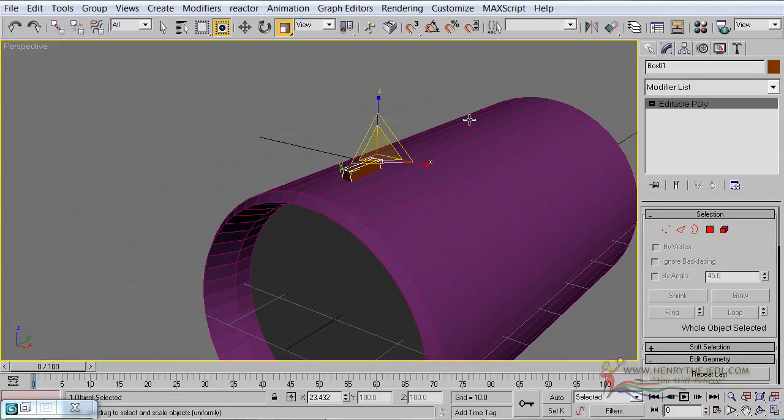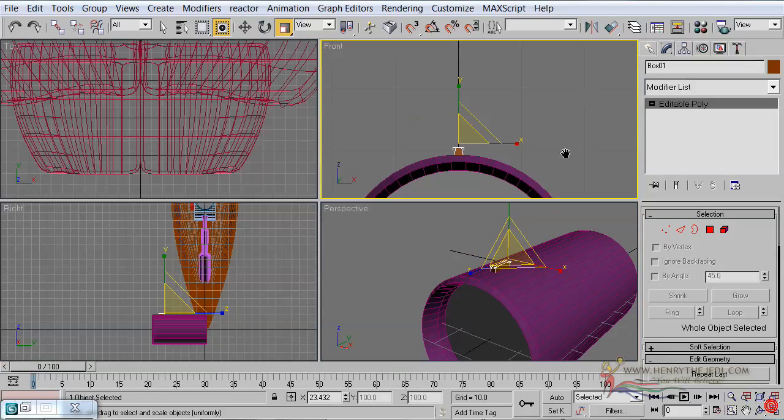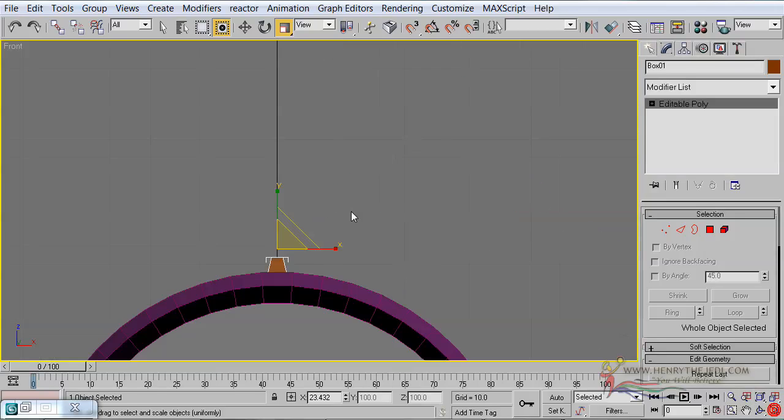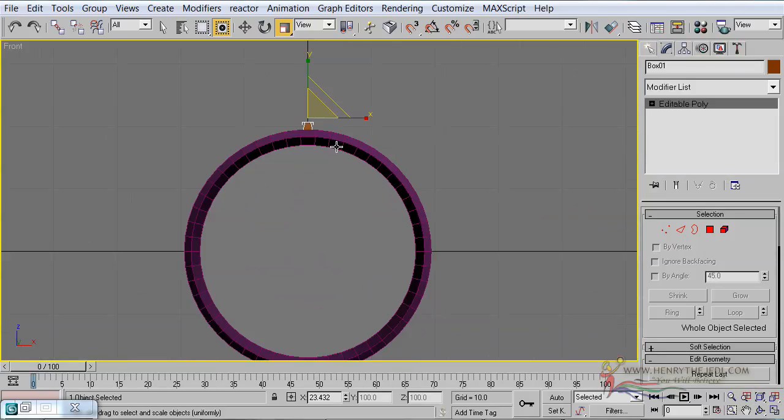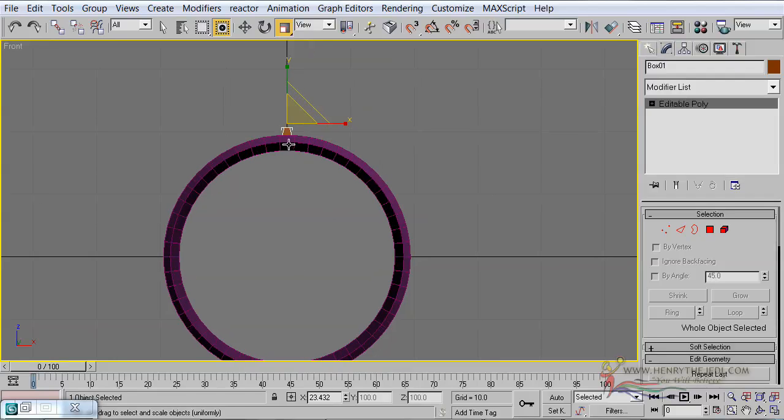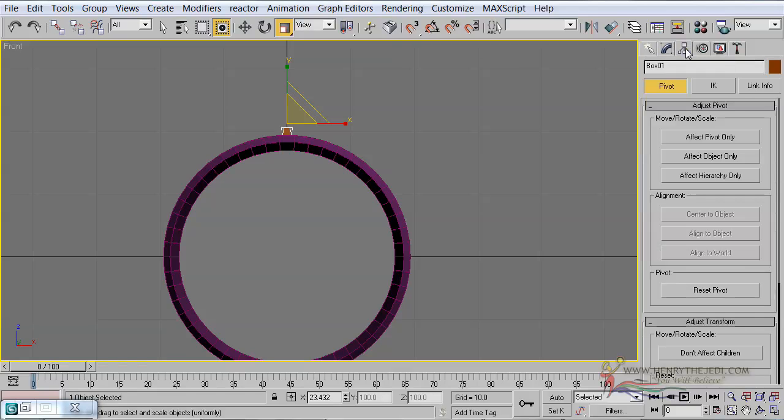Okay. And then here comes a very important part. We need to duplicate this object all around the eye. Now that will be made possible by using 3D Max's very powerful tool called the array tool. However, the array tool will not work well unless we position the pivot point of our object in the right place. So first things first, we go to the hierarchy panel of the box and then select affect pivot only,